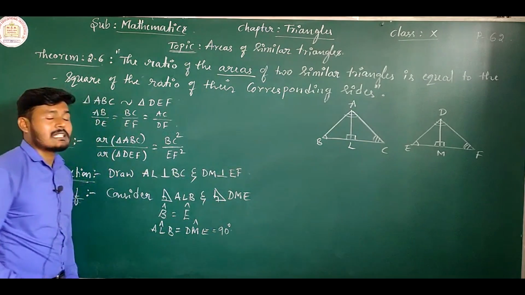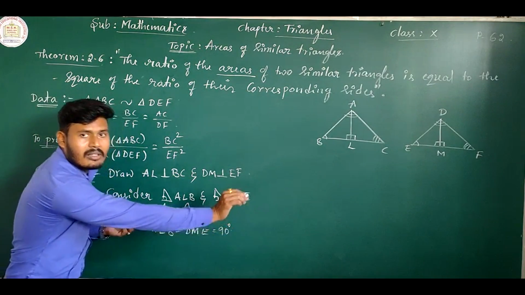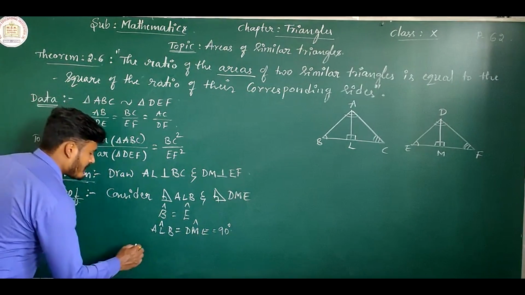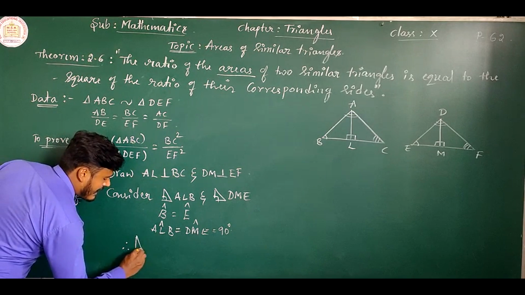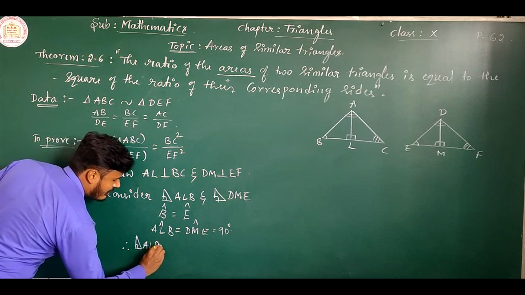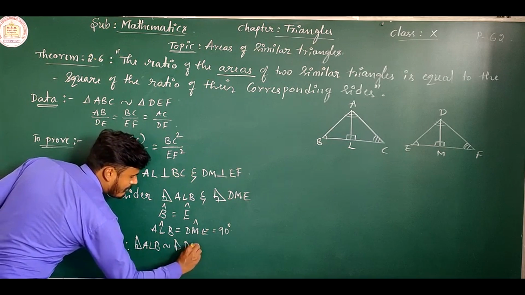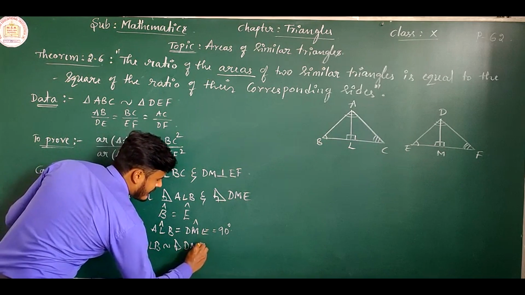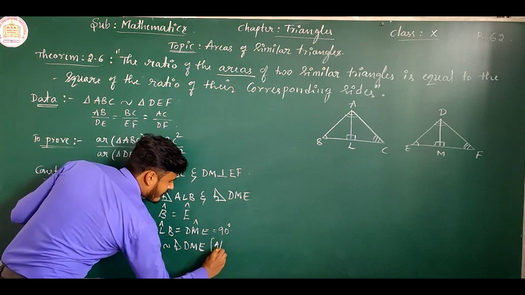because we know that AL is perpendicular to BC from construction, right? You may write down here from construction. So according to AA similarity criterion, therefore right angle triangle ALB is similar to right angle triangle DME according to AA